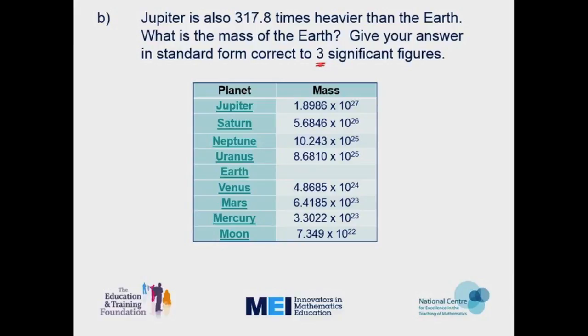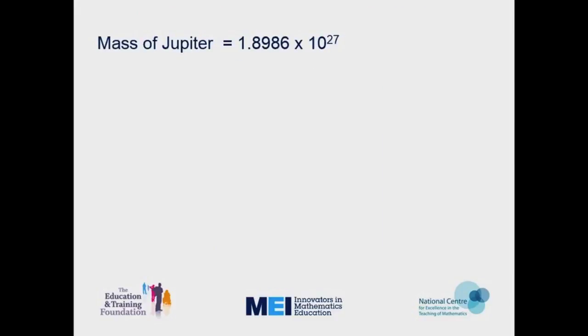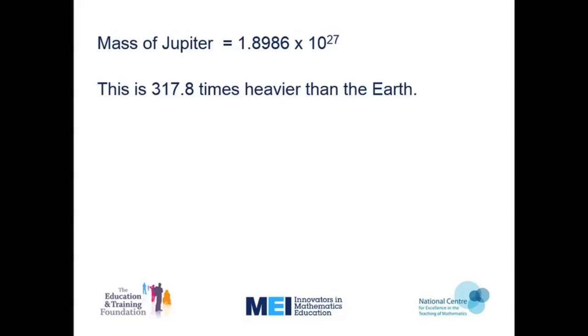Well, what are the important pieces of information here? Again, the mass of Jupiter, and this time that it's 317.8 times heavier than the Earth. So writing down the mass of Jupiter as 1.8986 times 10 to the 27. I know this is 317.8 times heavier than the Earth. So if I want the mass of the Earth, I'll take the mass of Jupiter, 1.8986 times 10 to the 27, and I will divide by